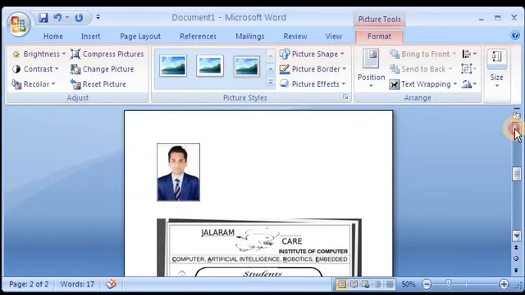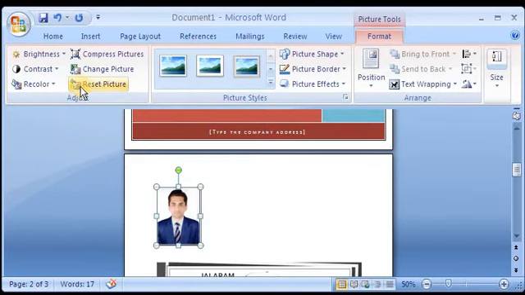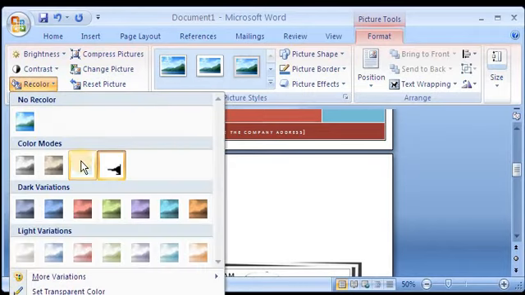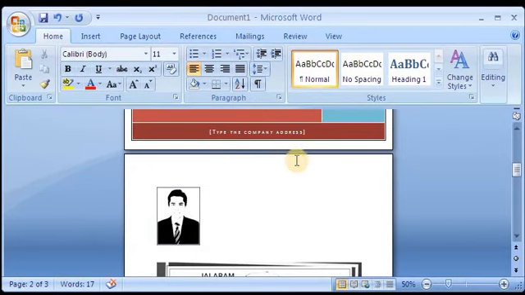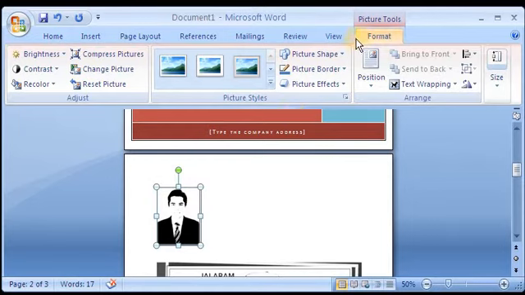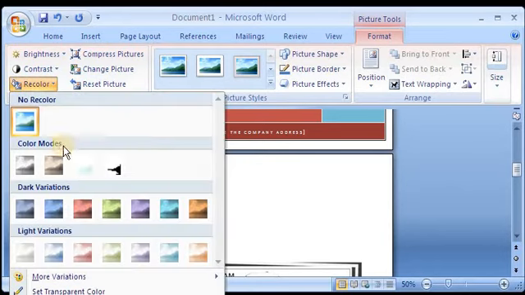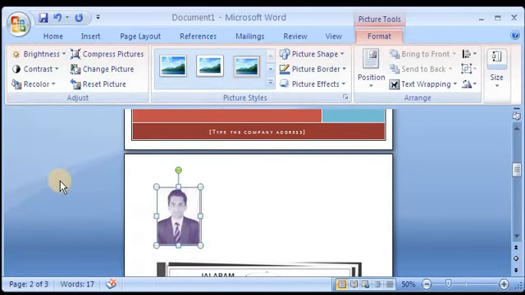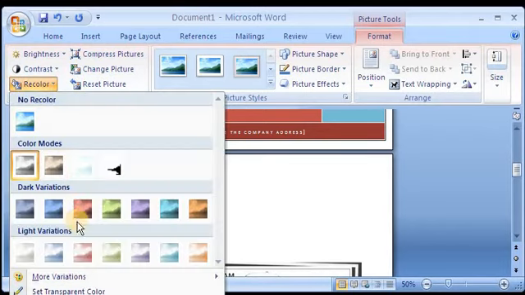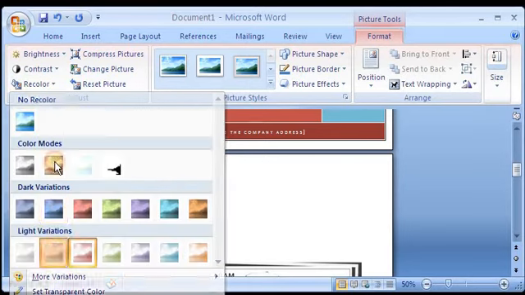How can it be possible? Yes. Select it, recolor. You can make it black and white also. Recolor, where will it be available? Remember, this option will only be available if you click on the photo you want to change. Then only the format tab will be displayed. From that you can keep the original or choose a different color. See, I haven't changed anything, it will be done on its own. I'm just selecting the color I want and it will change automatically.